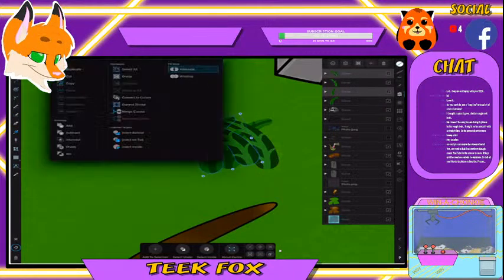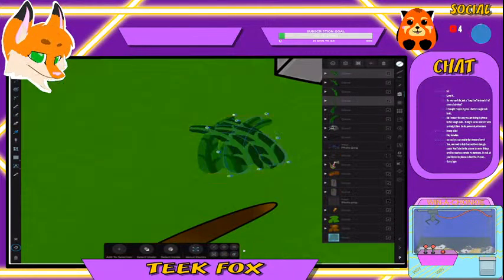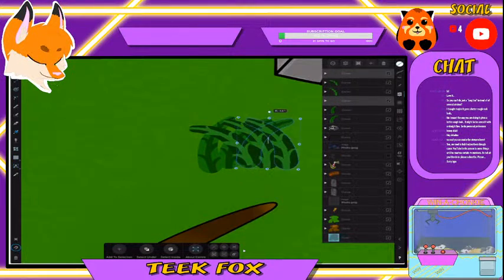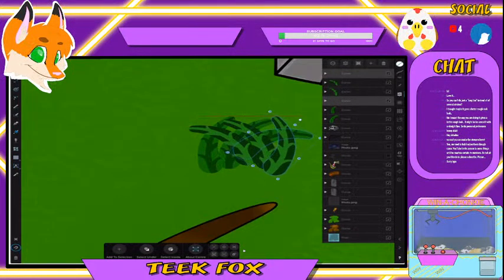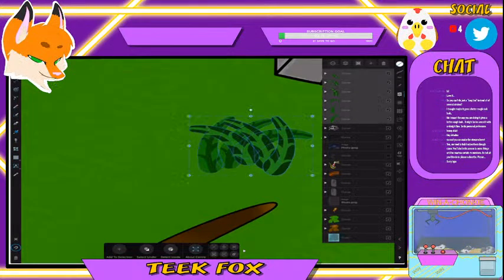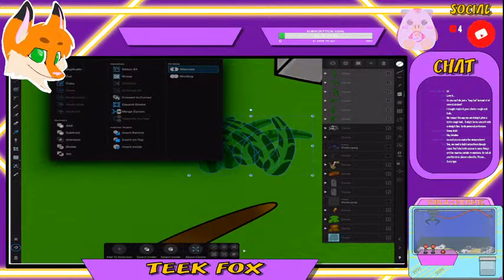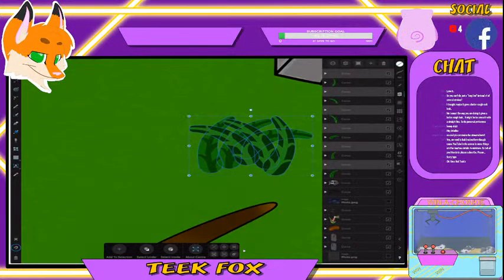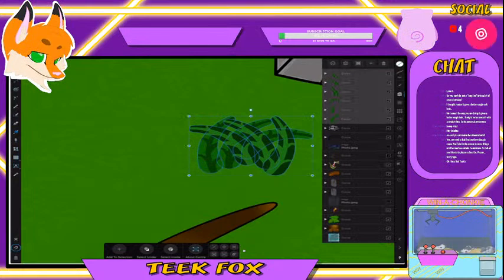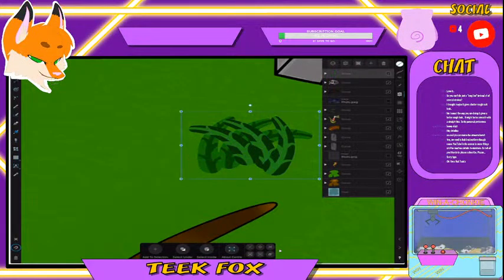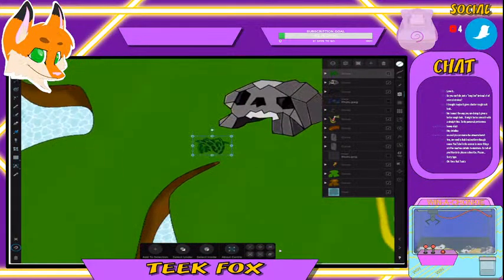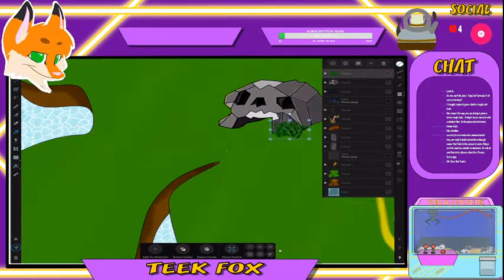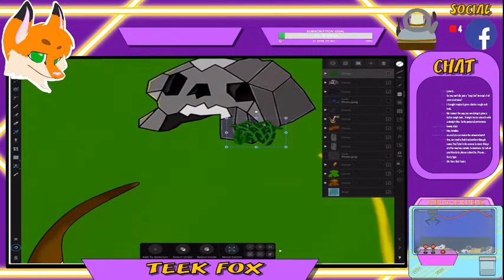And duplicate it again. And then just move it around to the other side, like so. Now that is one little bush that we can duplicate, sorry. I was meant to group it. Like so. Now that one's grouped, we can adjust the size and things